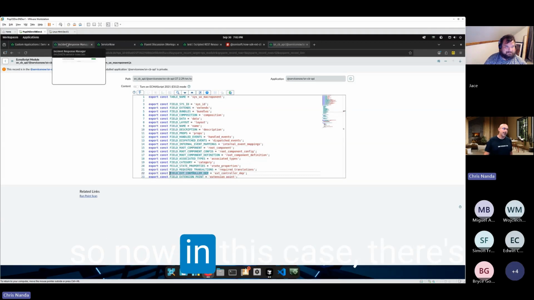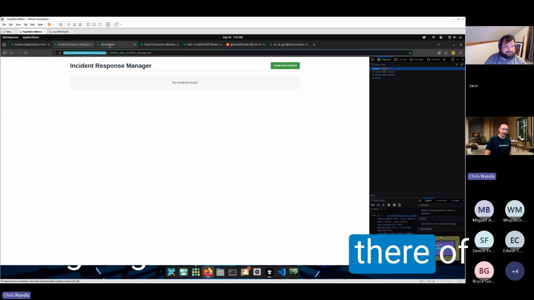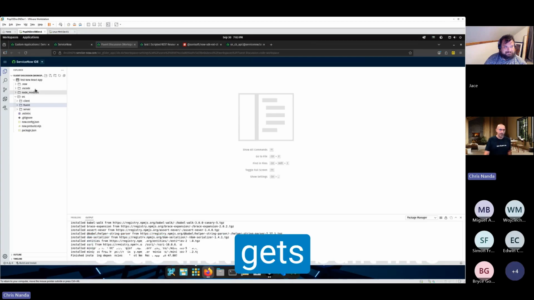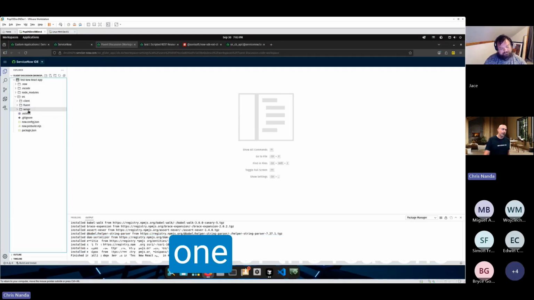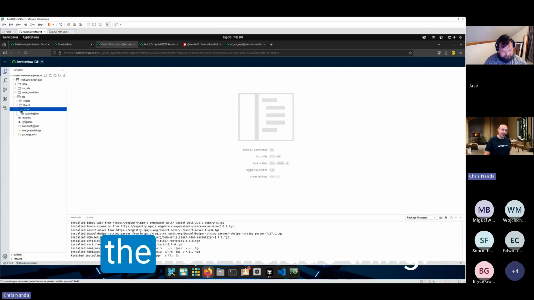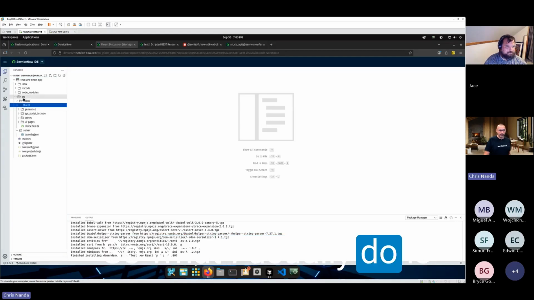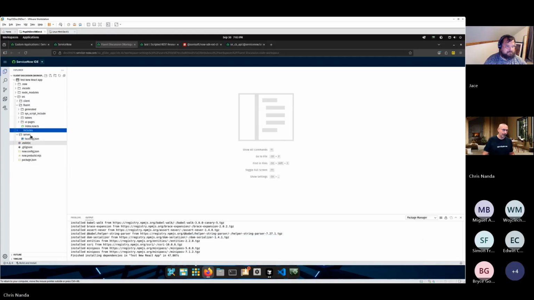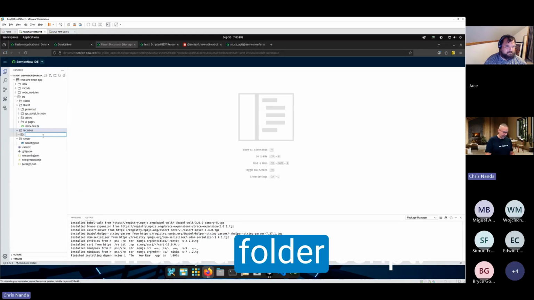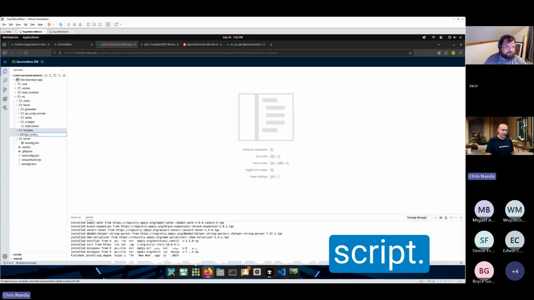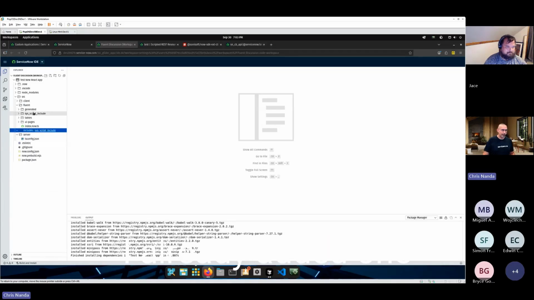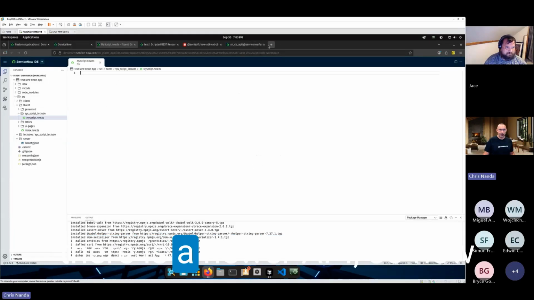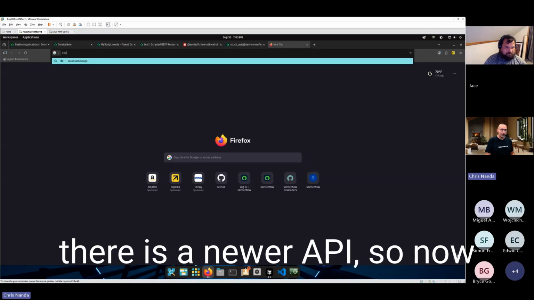So now there's going to be a curve there of saying, okay, where am I going to store that particular code that gets built into those sys modules? And that's one of the reasons why I love the fact that they have done the now.include thing. So what I usually do is I'll add another folder here called includes. I'll add a folder, script include. I already added one here with my script. There is a newer API, so